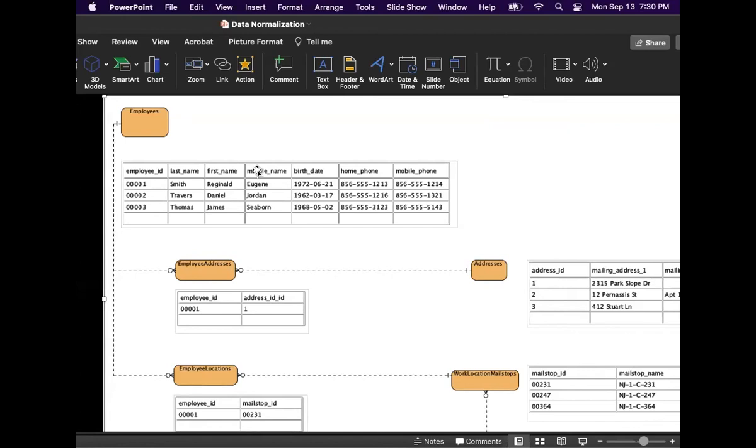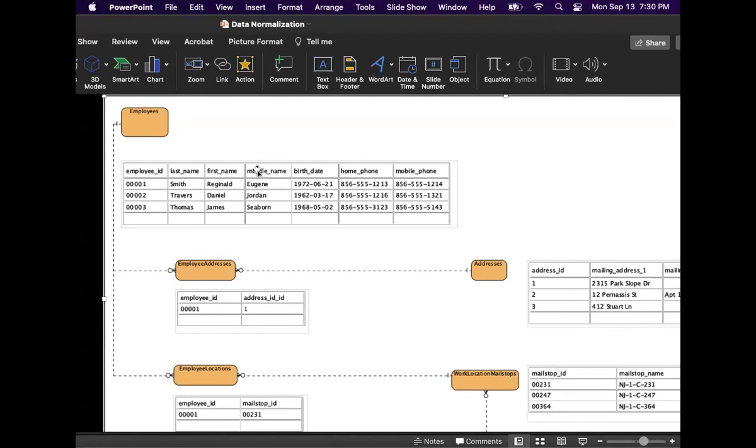In this particular scenario, mail stop name is also unique because we've decided that NJ-1-C- always associates to Caulfield 1, right? So if I had the primary key from the location pulled up into this row, along with mail stop ID,